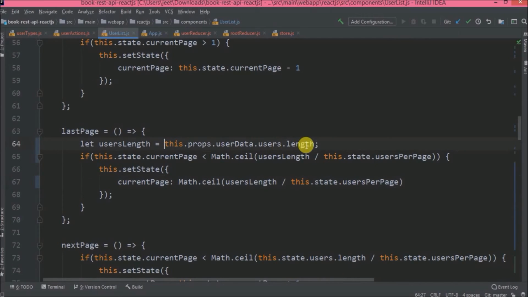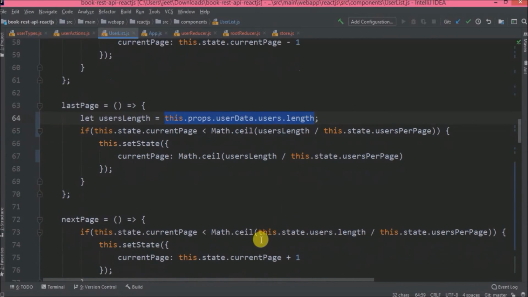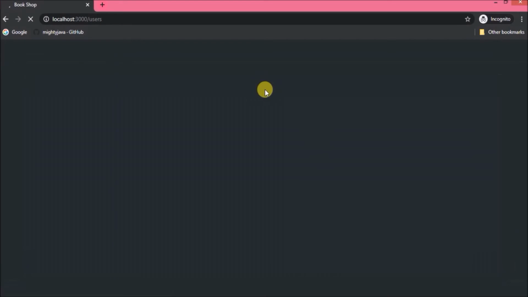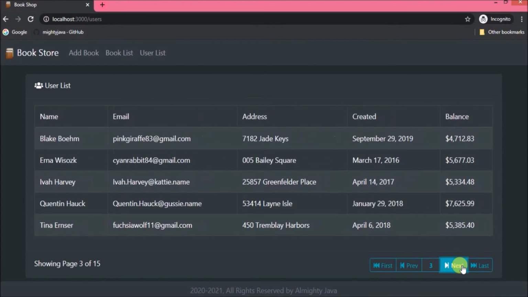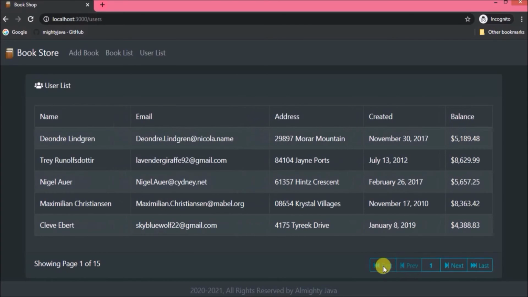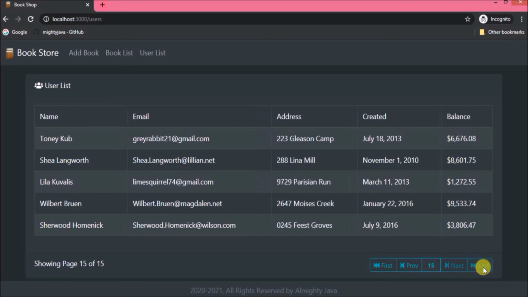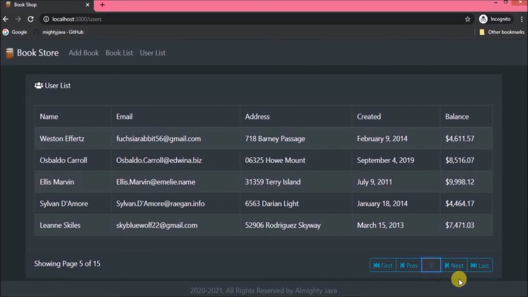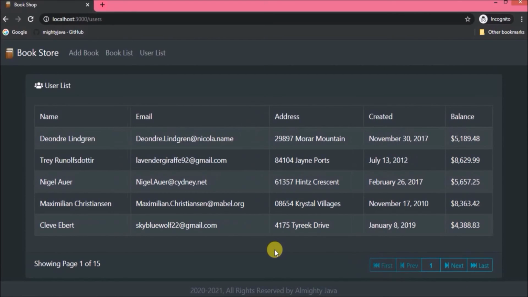In the next page function also, we need to modify the code. And that's it. Let's check now. See, it is working fine. All the pagination related buttons are also working as per the expectation.